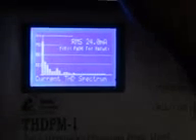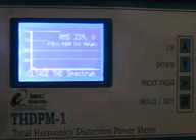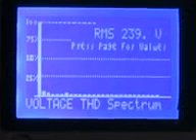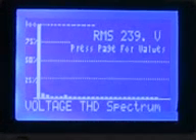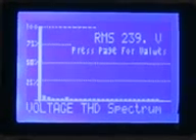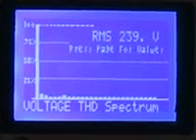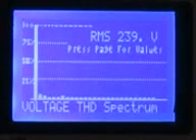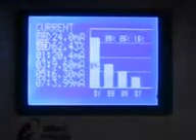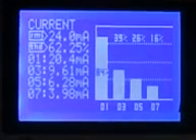Now if you want to see voltage harmonics, press here. Now you will see the voltage spectrum. So this is the main important factor of this meter, that you will see the spectrum of all harmonics in graphical format, so you can easily analyze the harmonic data. Now if you want to go to the main page, press the hold button and you will go back to the page where you came from.